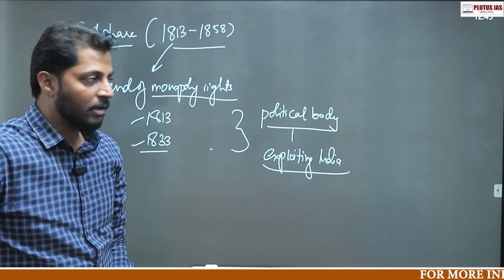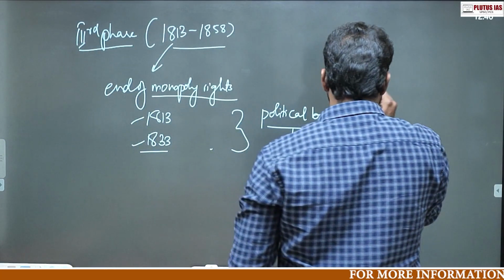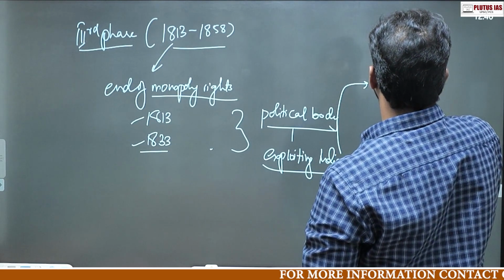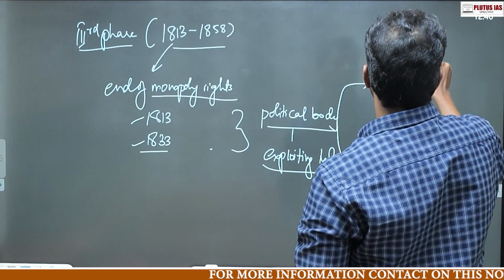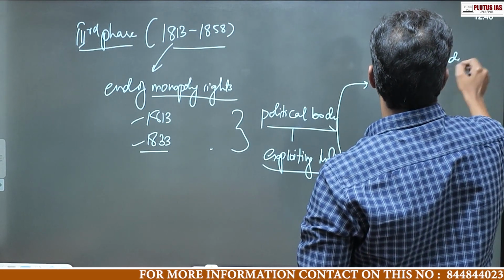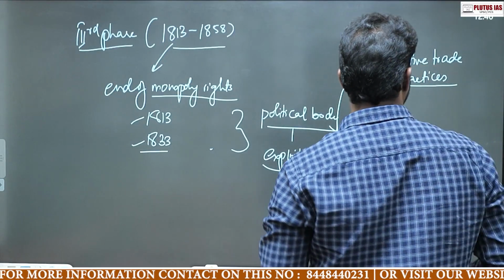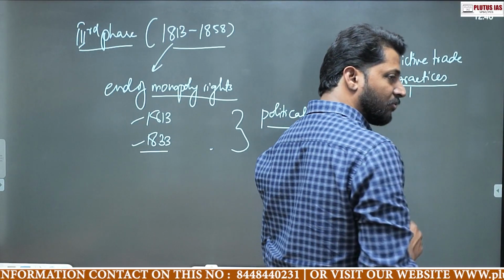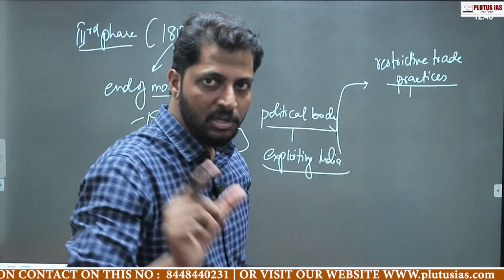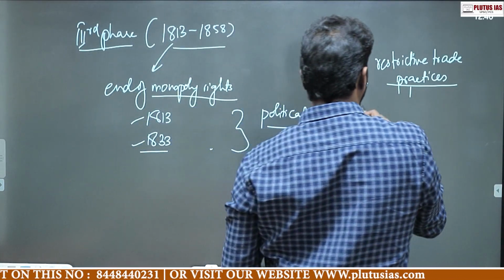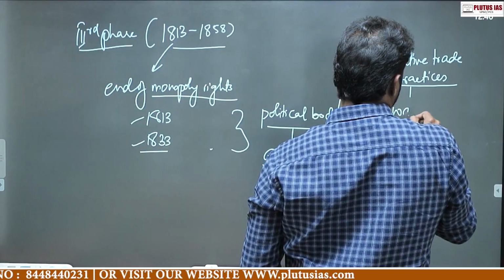So how did it exploit? It started exploiting India through various restrictive trade practices. In the context of these restrictive trade practices, one most important thing was, that is